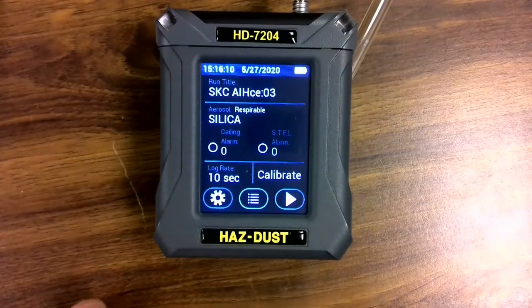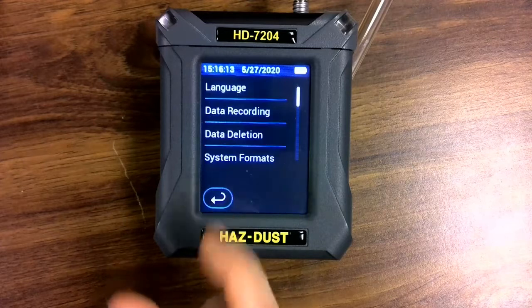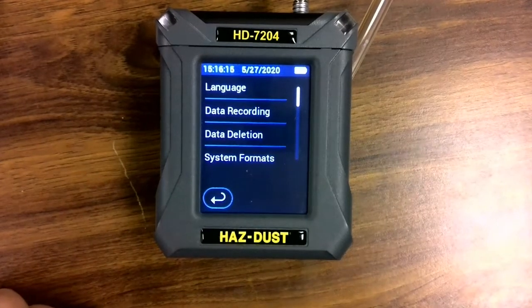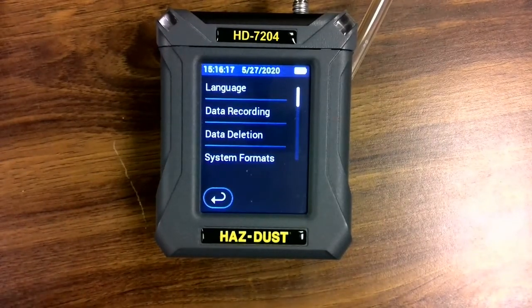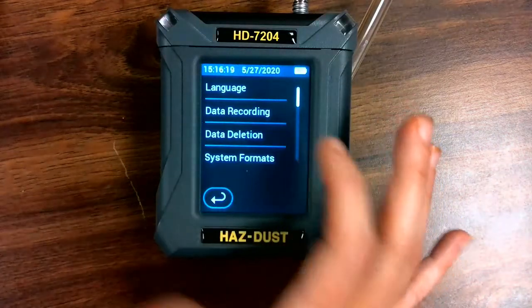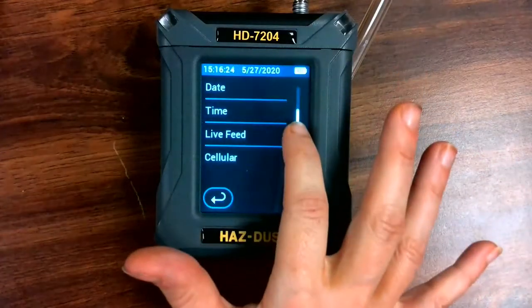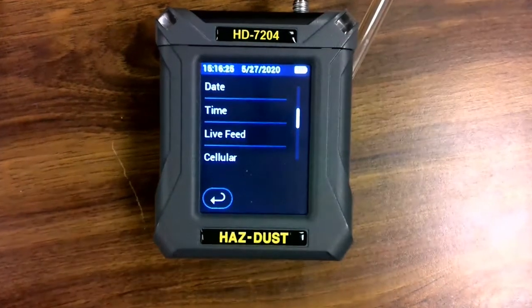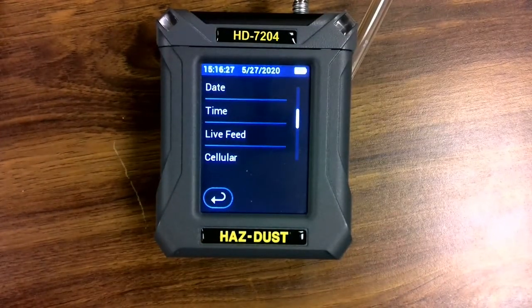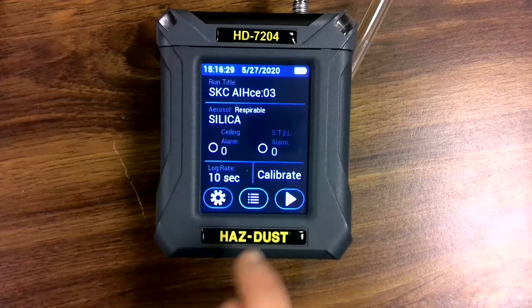Underneath, we have 3 icons. The left icon is the settings. Here you can select language, data recording, data deletion. You can change the date and time format. You can set the date and time. And then also there is the wireless options with live feed and cellular. The middle icon